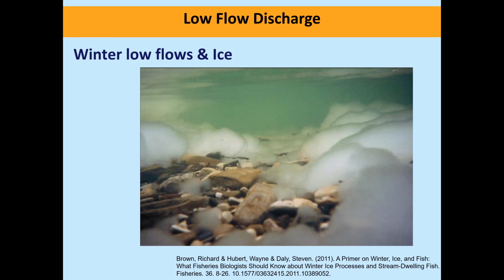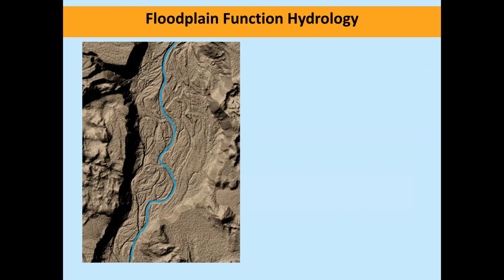And one study on cutthroat trout found that they were moving around over 6 times a winter. So they're not just parked if they're sometimes in these stream channels for the winter. They're moving around, avoiding the ice, trying to survive. So making sure that low flow connectivity is possible in the wintertime is important for that reason as well. All right, so moving on to floodplain